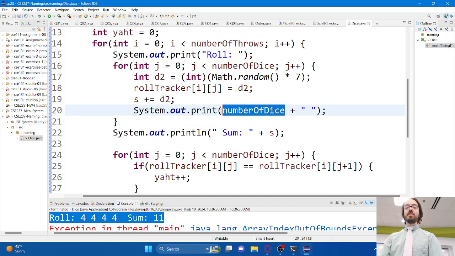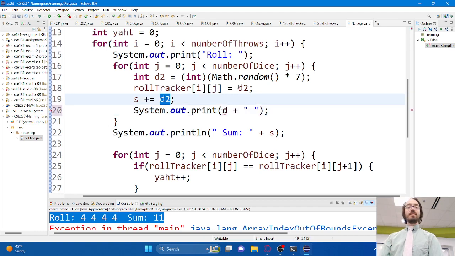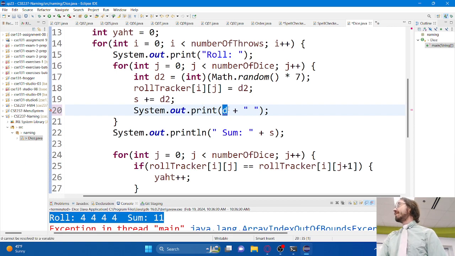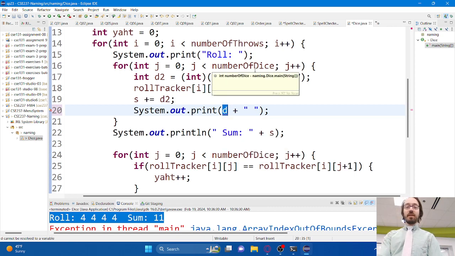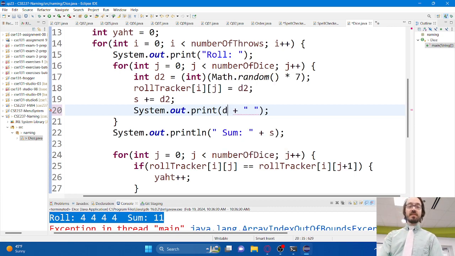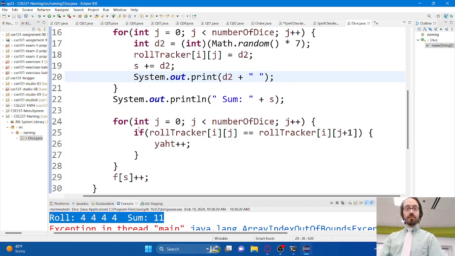The name of this variable used to be D. There's another variable that is here that we haven't really figured out. Well, we kind of figured it out. It's called D2. So what happened? They were trying to print out D2, and they printed out variable D instead. And then when we renamed it to be the number of dice, we saw what happened. So this is supposed to be D2. That's why that value is looking a little off. If we go down to line 5 or line 25,